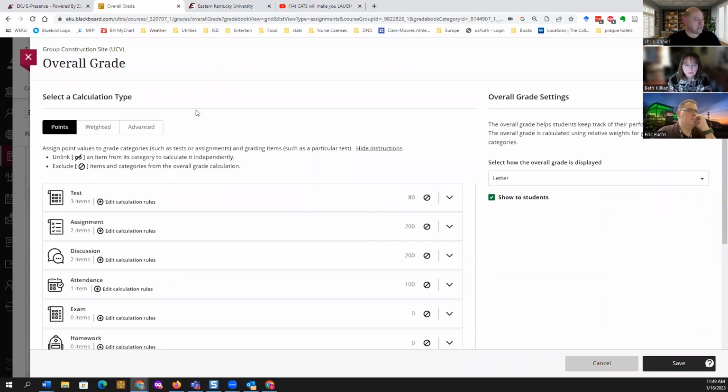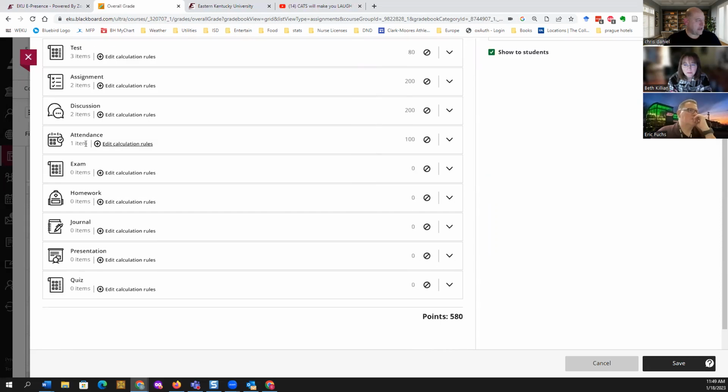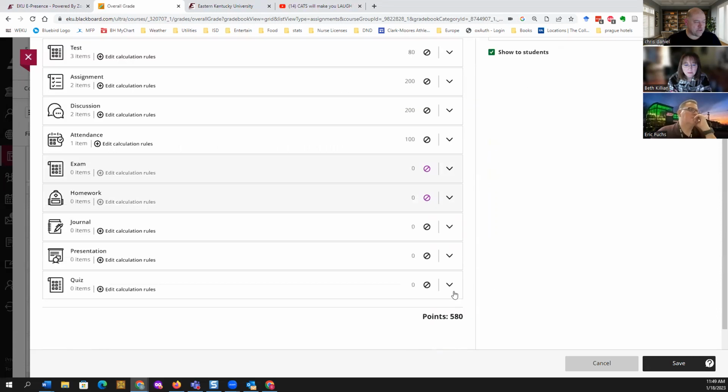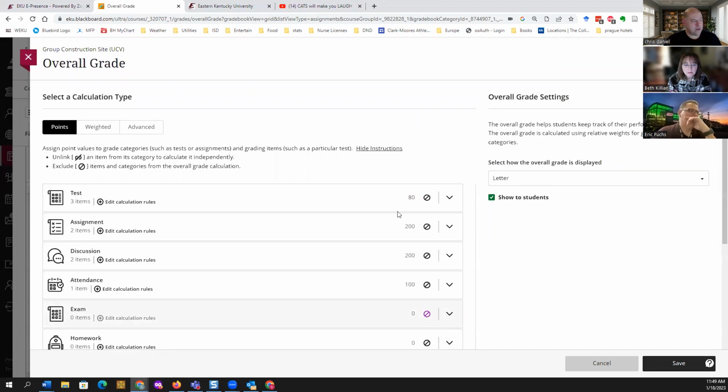I don't have good grade set up here, so thanks for your patience in advance. So it's already telling me the points that are under consideration. I've got the exam category, but there's nothing there. So I can just omit those things. It's just taking a raw calculation based on static points that are already there. So when I save,